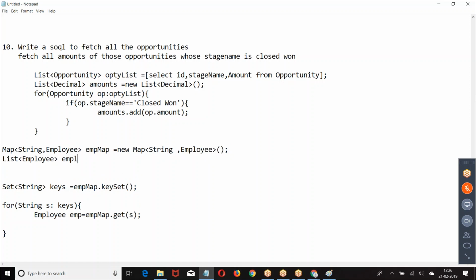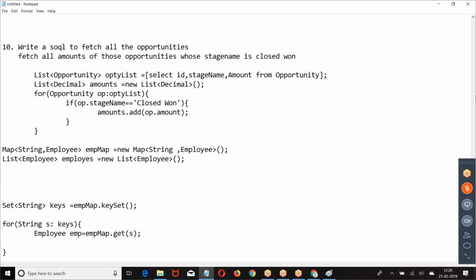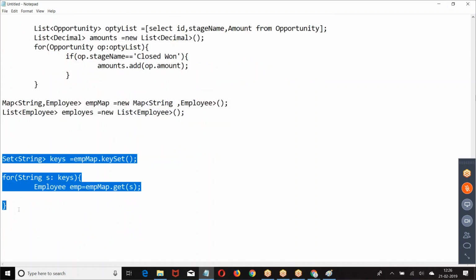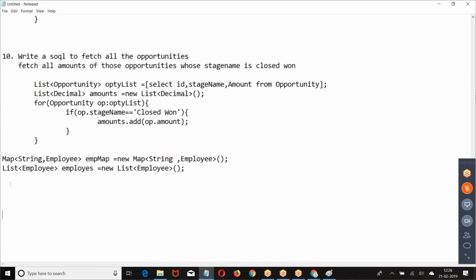So I have taken some employees. Now how do you write a loop? How do you refer to one by one employee? For employee e : employees. What do you mean by e?